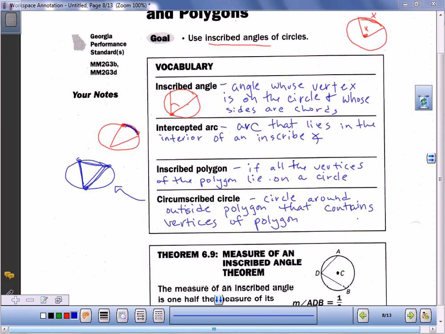Today, guys, we're going to talk about inside angles. So we have already talked about central angles, like this one up here. A central angle,